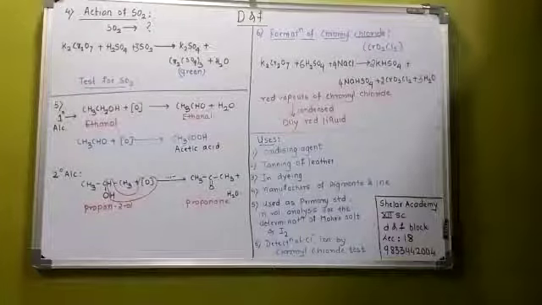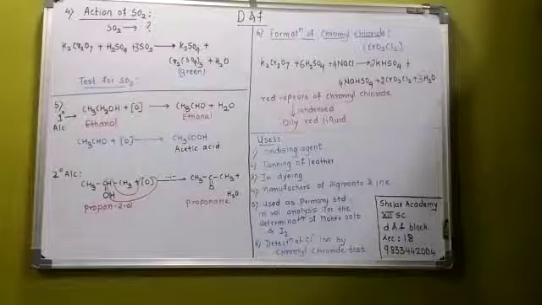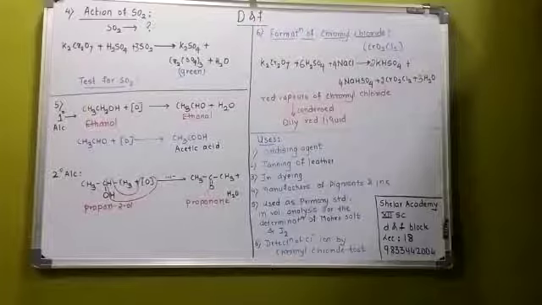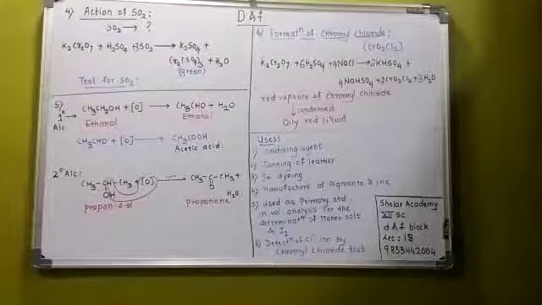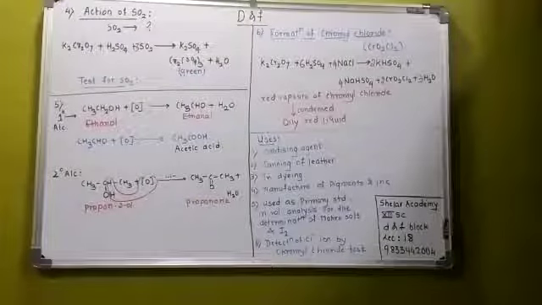Potassium dichromate when reacted with sulfuric acid and NaCl is converted to bisulfate. What is bisulfate? HSO4 with charge -1. So the formula of potassium bisulfate would be KHSO4, plus sodium bisulfate NaHSO4, chromyl chloride and water.